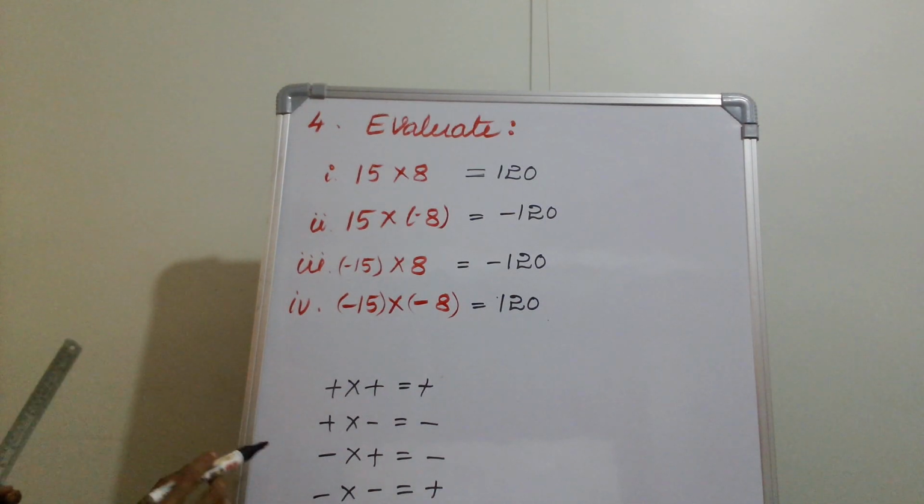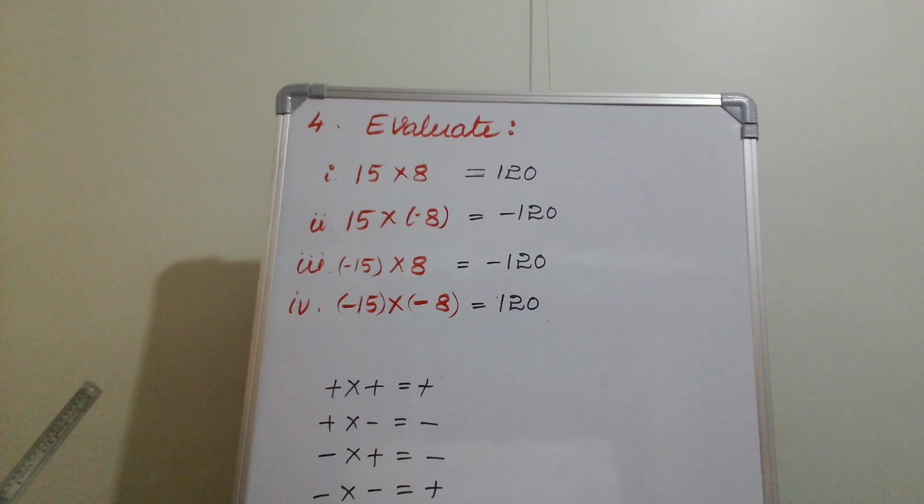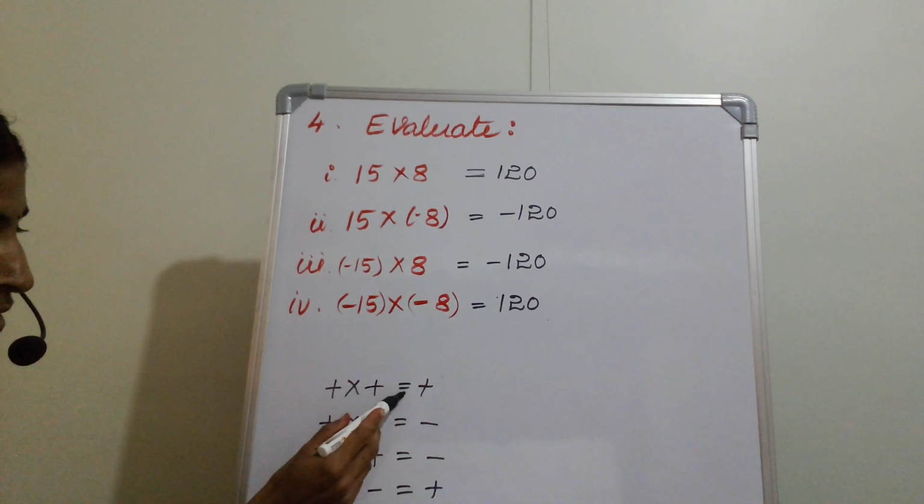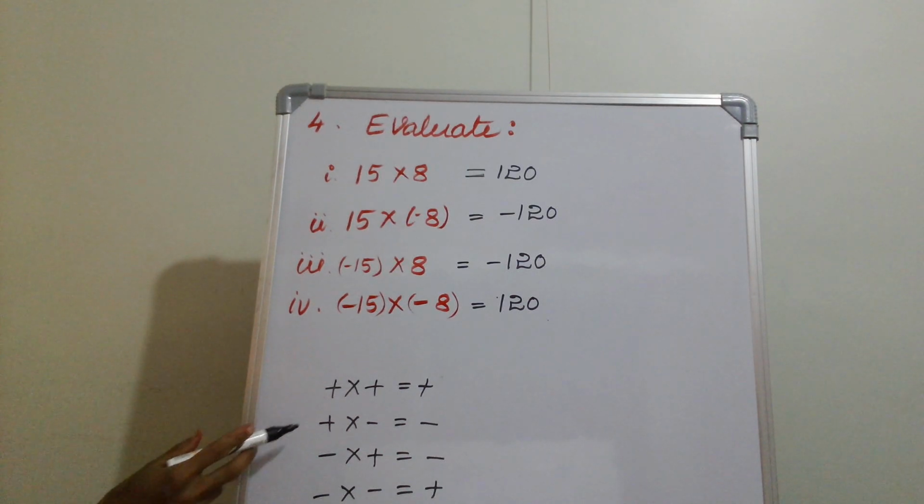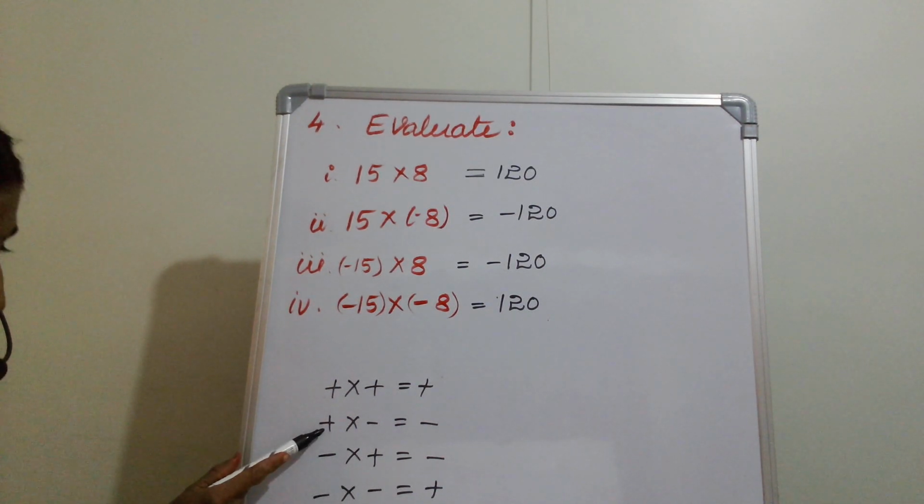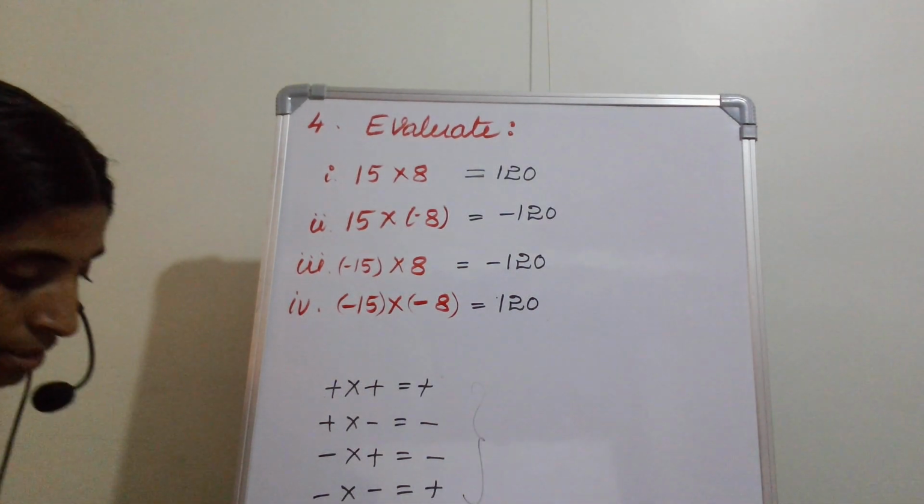The product of two integers with the same sign. Plus into plus is plus. Sign will be always positive. The product of two integers of the same sign is always positive. See, plus into plus is equal to plus. Minus into minus is equal to plus. Okay. And the product of one positive integer and one negative integer is always negative. The product of one positive integer and one negative integer is always negative. Okay. Based on this